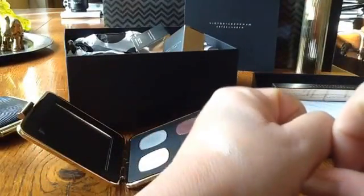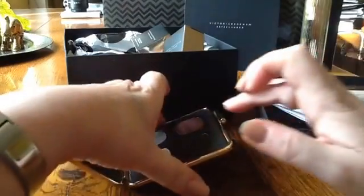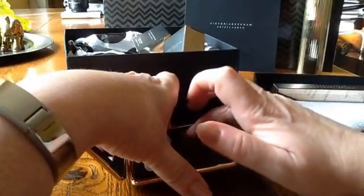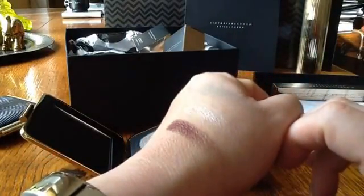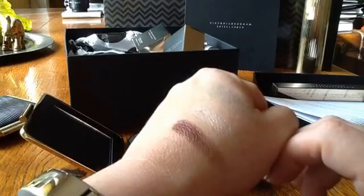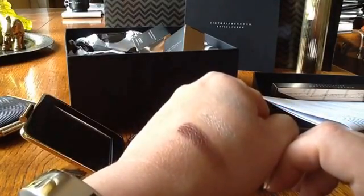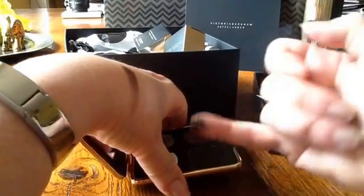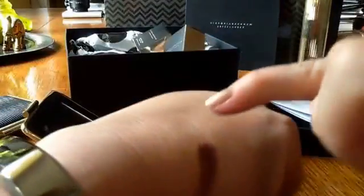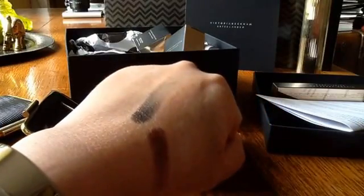Although I have to say, that's not a bad swatch there, is it? And then a very pretty Bordeaux, which swatches much better, much creamier, much more pigmented. The only problem with that is it's probably not a colour I could wear very densely packed on the eyes, whereas the grey I could. So, if one wasn't going to swatch well, and this black swatches superbly,